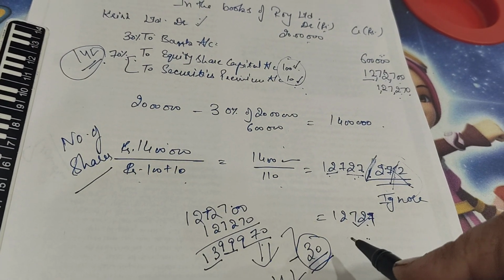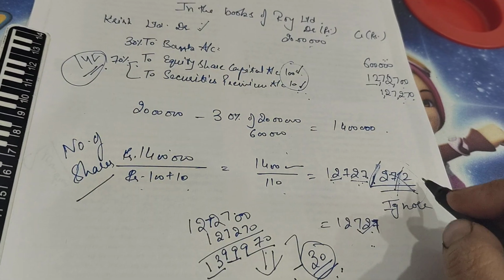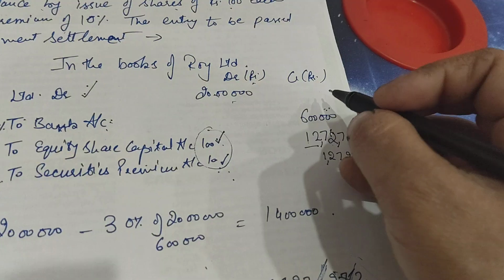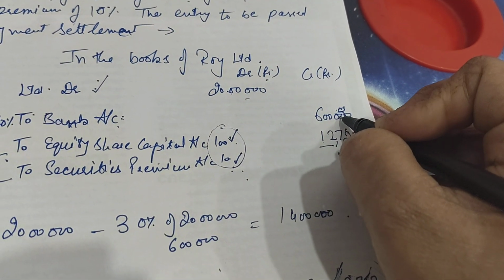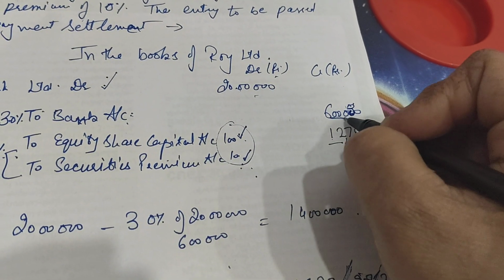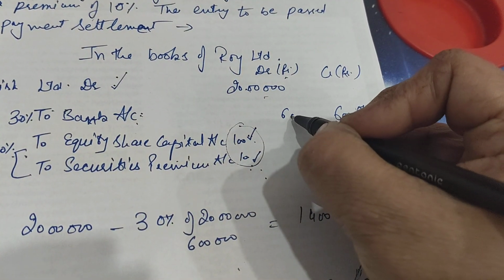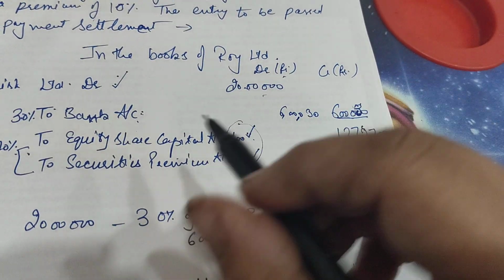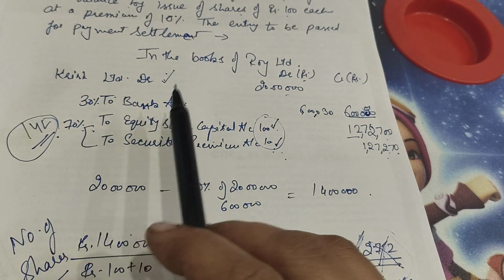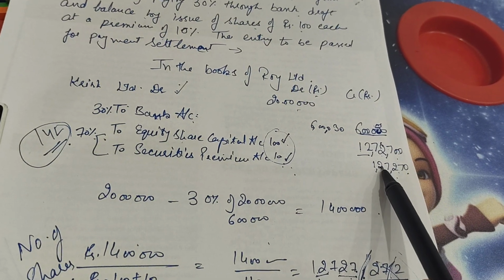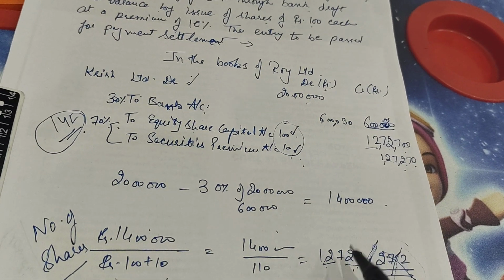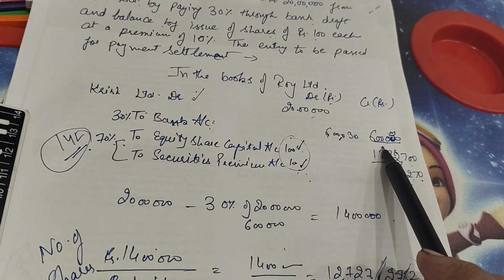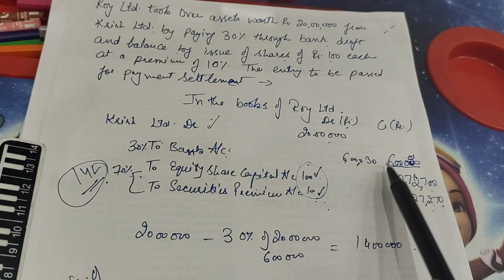Now how to adjust rupees 30 for the fractional part of the shares? In the given question, your bank value would be added up with rupees 30 here, right? So you will get this value to be 6 lakh 30 rupees to bank. So the difference that comes in your journal for the number of equity shares when they are in decimals would be transferred to your bank value. This you have to keep in mind.